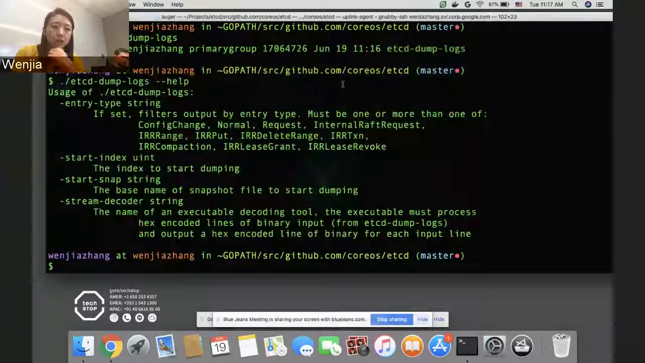You can see all the available flags. Start index and start snap are the ones that have been there since the first day the tool was created. That's the starting point when you want to recover your system, which could be an index or a snapshot file. And then you replay the WAL log starting from there. And the entry type and stream decoder are the new features that we added. So let's look at